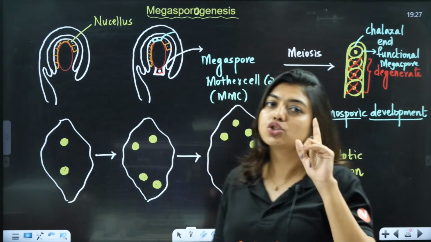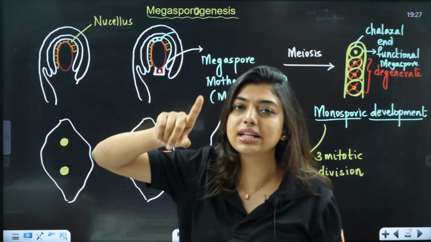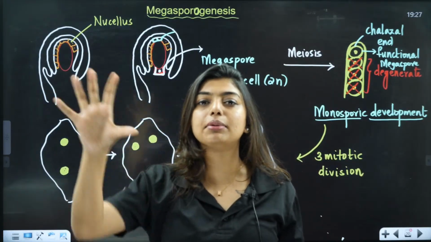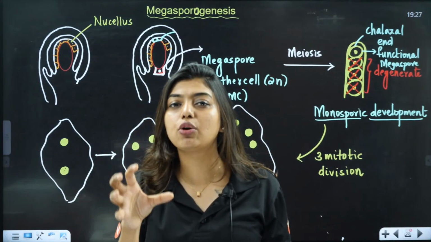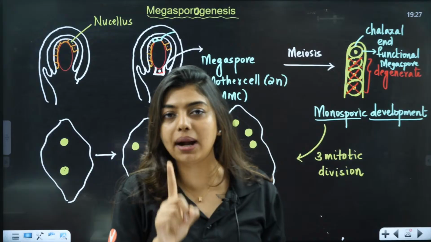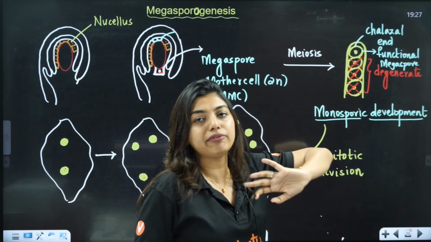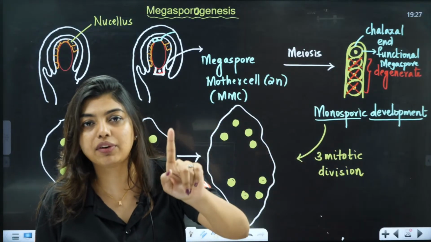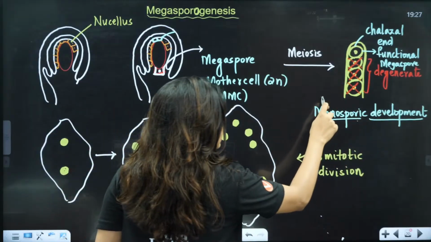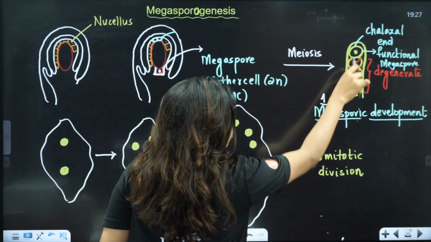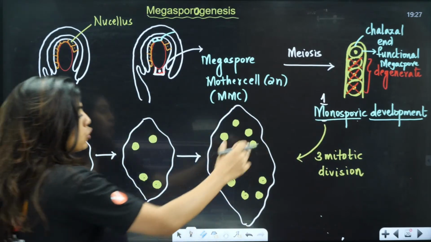Don't worry about it. So the nucellus cells were covering the embryo sac. Among them, one potential nucellus cell will be like, I will become the megaspore mother cell. The megaspore mother cell will undergo meiosis, and we are going to get a megaspore tetrad. But unfortunately, 3 of them will degenerate and only one will become functional. Since only one is becoming functional, we call that development monosporic development. Mono means single, spore means one spore. So only one of them is becoming functional. Understood? Yes or no? So, monosporic development.